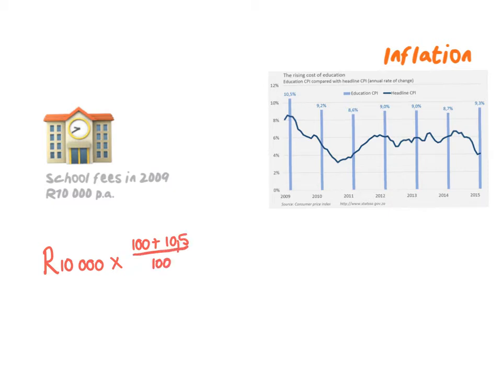So just like we added on 50% and 100% in the previous one, we're going to add on 10.5% here, doing it in one step. And if I work that out, the next year the school fees will be R11,050. And we see that the next inflation is only 9.2%. So for the next year, we're going to add on 9.2% over 100. And if we work that out, we will see that for the next school year, the school fees will be